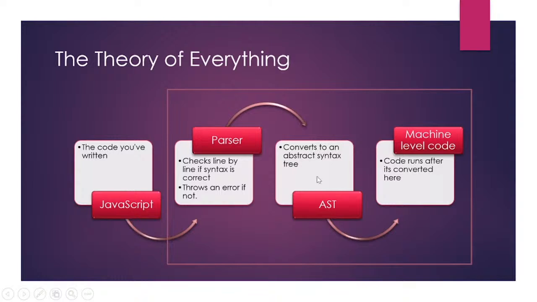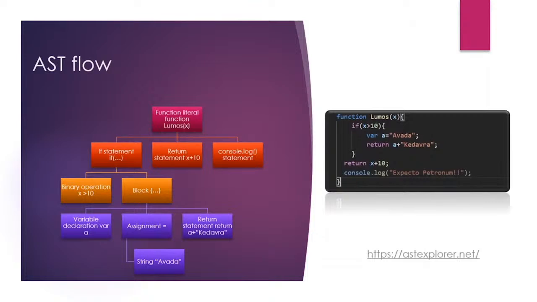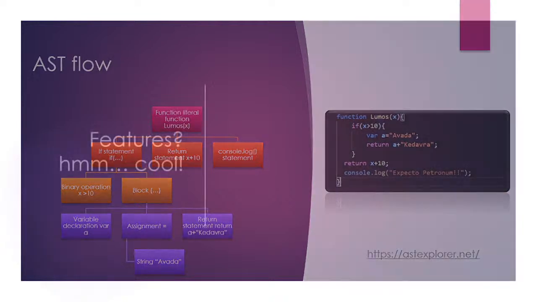Then this complete code is converted into an abstract syntax tree, which then gets converted to machine level code. Okay, so this is the basic flow of the abstract syntax tree. Whatever you write gets converted into this kind of a tree, and then it gets converted into machine level language. Alright,